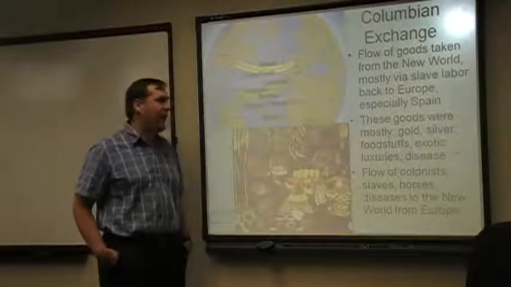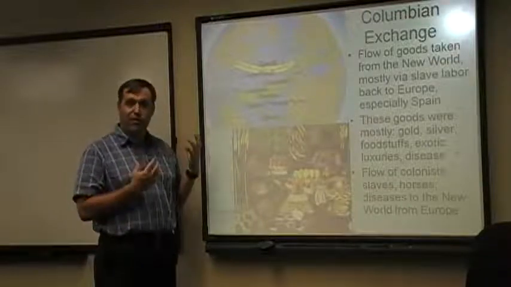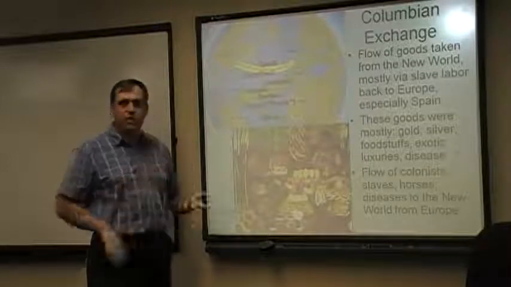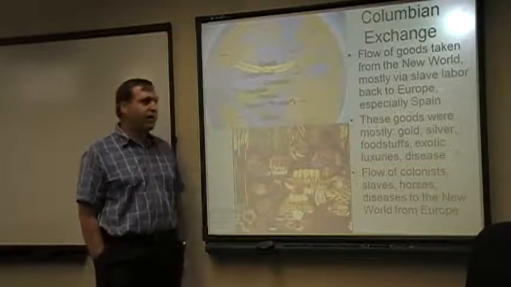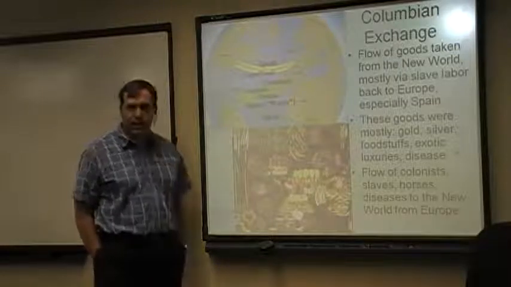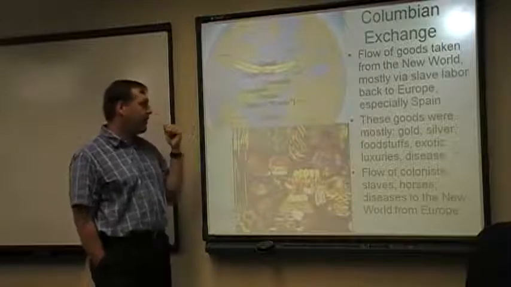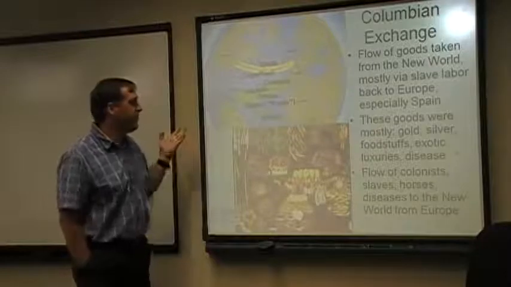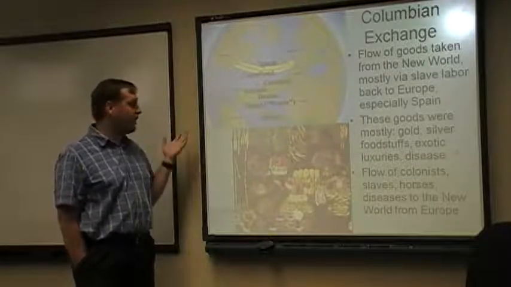So it's hard to know exactly without accurate census data of how many people were in North America before European contact, and then how many were there later. We don't have those numbers, okay? And the reason this is important is that if it's 90% wiped out, that gives us an idea of a somewhat smaller Indian population, or if it's 98% wiped out, then it's a much larger number. But we do know that there were huge numbers of American Indians that existed before these European diseases got a hold of them.